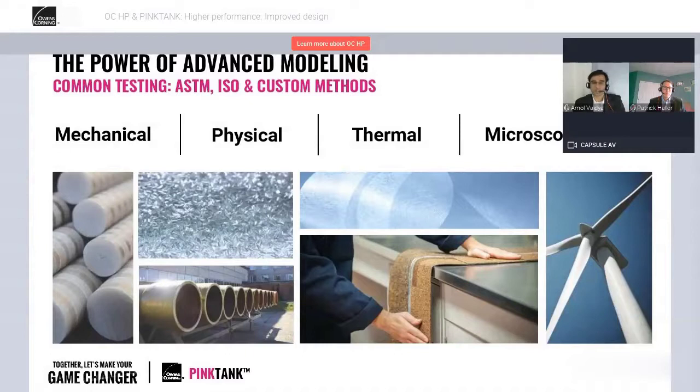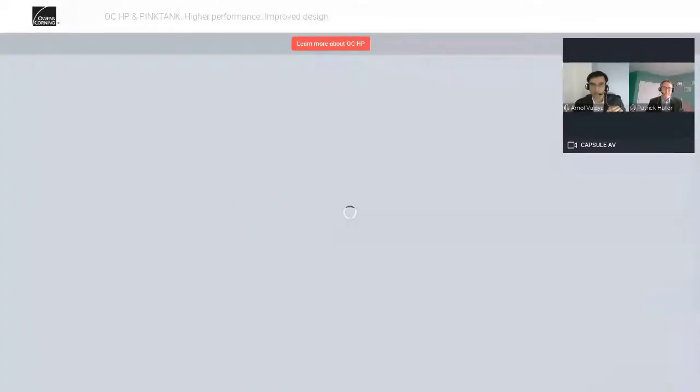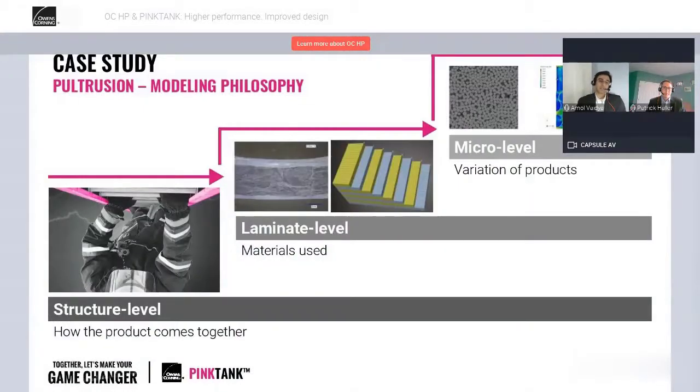So I think it was an introduction up till now. Now I wanted to share a couple of real life examples of how it comes together. What you see on the screen here is a case study, and in this case it is a process of